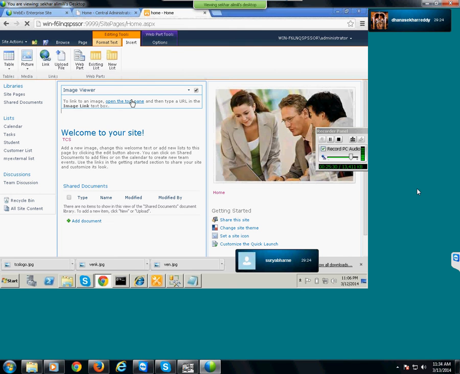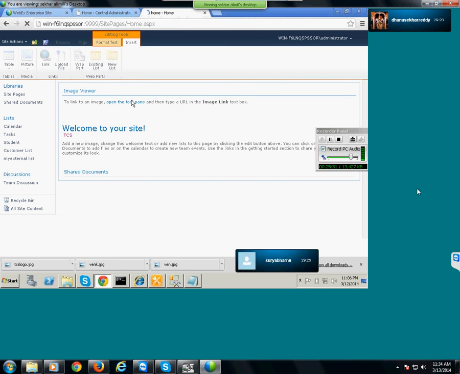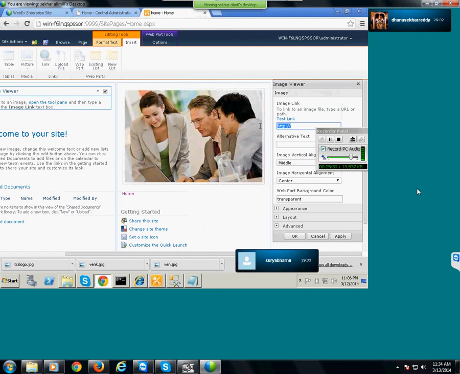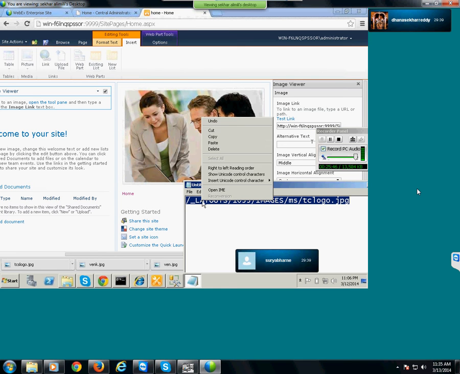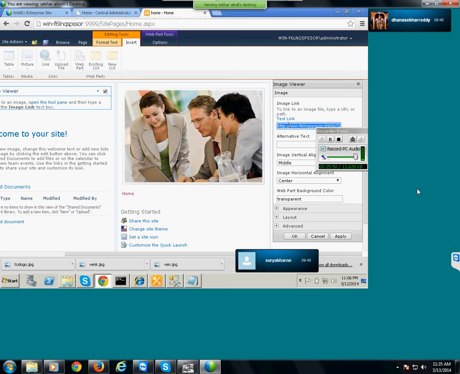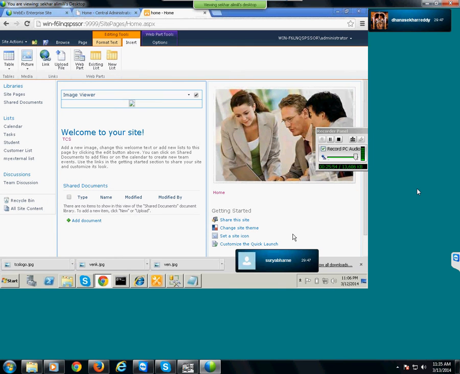Click on open tool pane. I am pasting what we copied in Notepad. Click on it. Why is it not appearing?